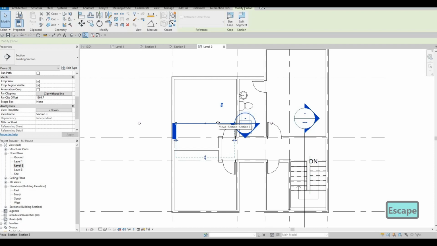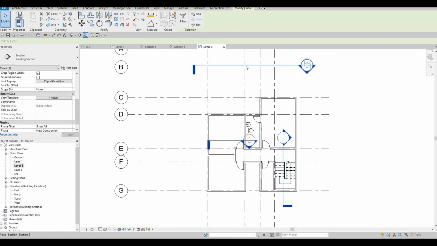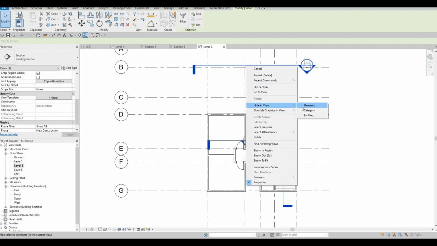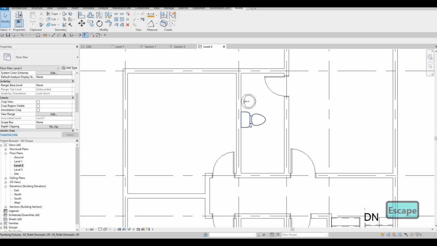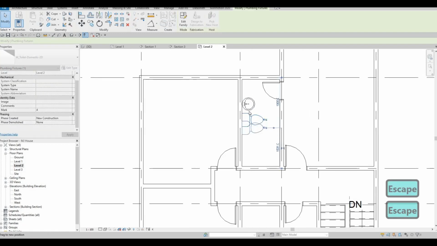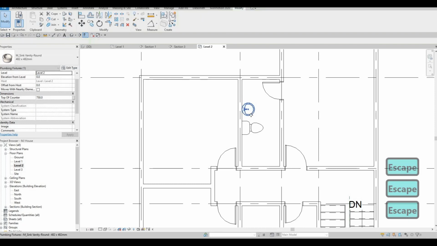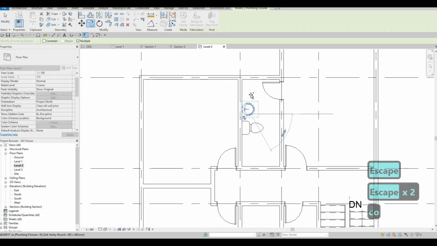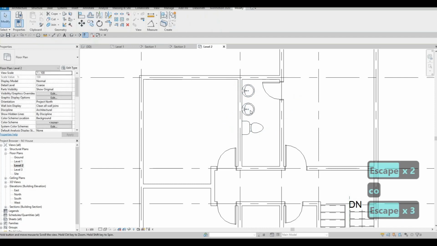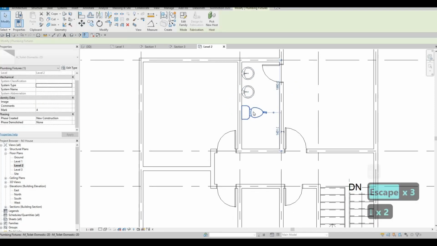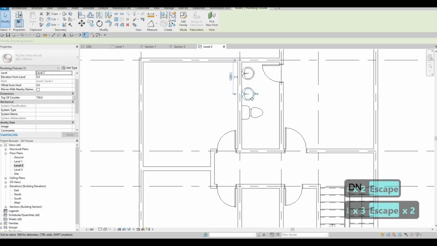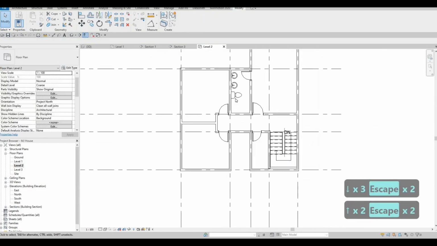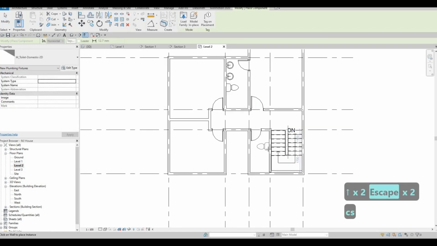All of this section, I could just hide it for now. We don't need it yet again. So hide element. And then here, we're gonna add in a washroom with 2 vanities, with 2 sinks on the vanity. And then we're going to add, obviously, the